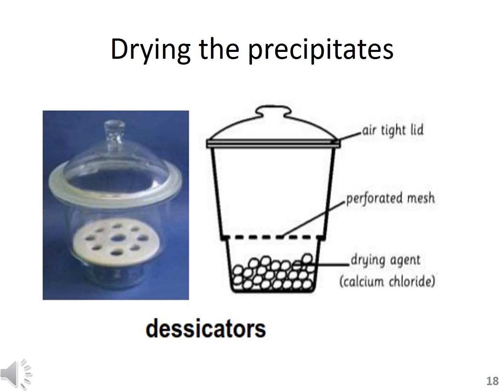of equipment that you can use to dry the precipitate is a desiccator. It's commonly used in chemistry labs. These desiccators are usually made of a glass container, and have an airtight lid and a perforated mesh, and beneath it there is some drying agent like calcium chloride. This calcium chloride will absorb the moisture from the precipitate, and the desiccator will keep the dried material for a longer time as compared to simple jars and beakers.